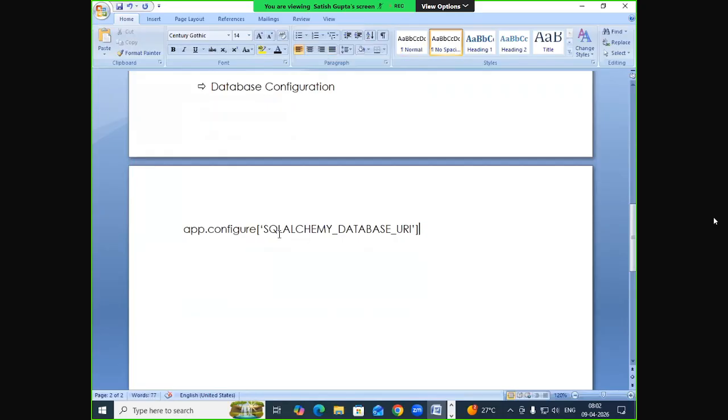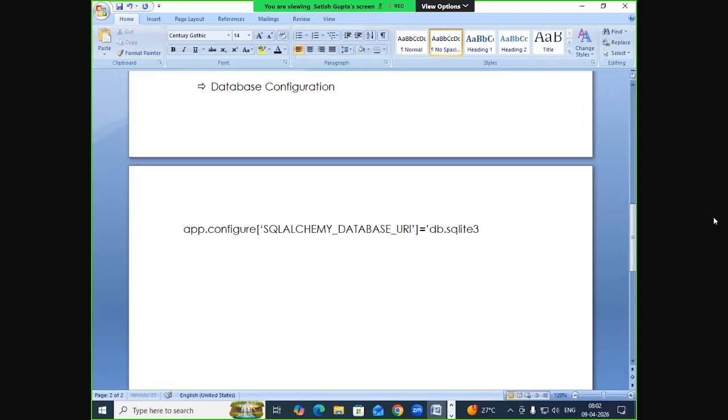The name of the variable is SQLALCHEMY_DATABASE_URI, followed by the path. Suppose your database is in the same project folder, directly give the name. Suppose my database name is